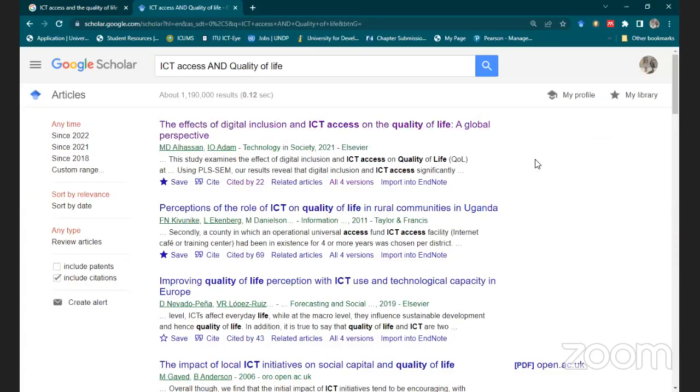Then in subsequent sessions, we'll also have a session on how you can actually assimilate or interact with your literature to be able to conduct a proper literature review, relying on some technological tools out there to enhance our literature review and academic